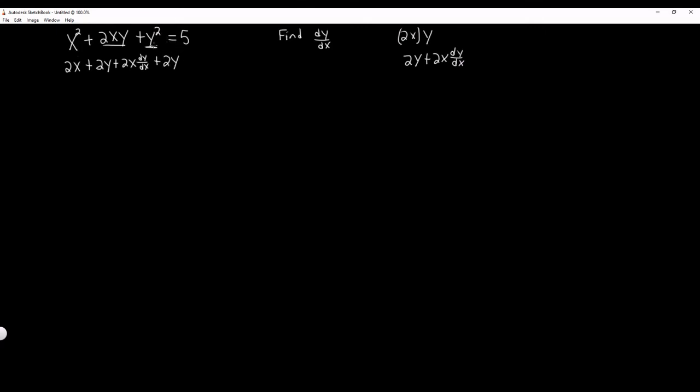But we just took the derivative of a y variable, so we have to also multiply by dy/dx is equal to, and the derivative of 5 is just 0. So the first part of this problem is complete. We have taken the derivative of both sides with respect to x, and now we just need to isolate dy/dx. So the first thing we're going to do is get all the dy/dx's on one side. So we're going to move these terms right here to the right hand side, and that's going to leave us with